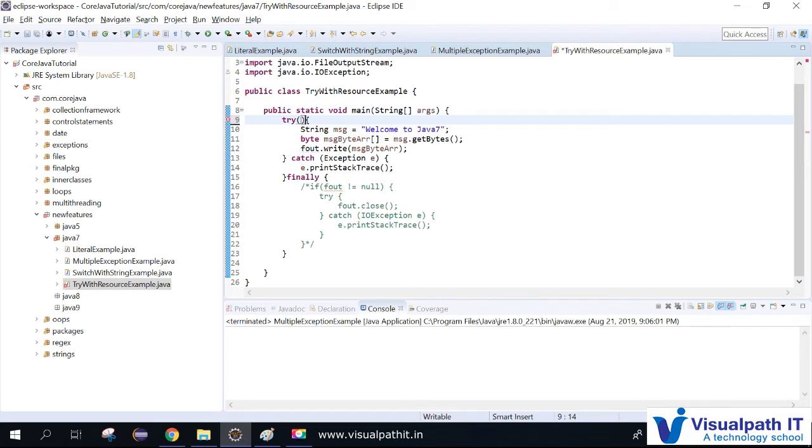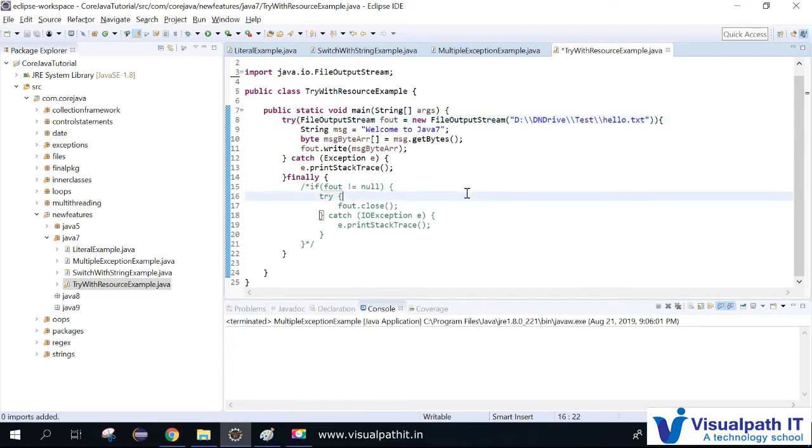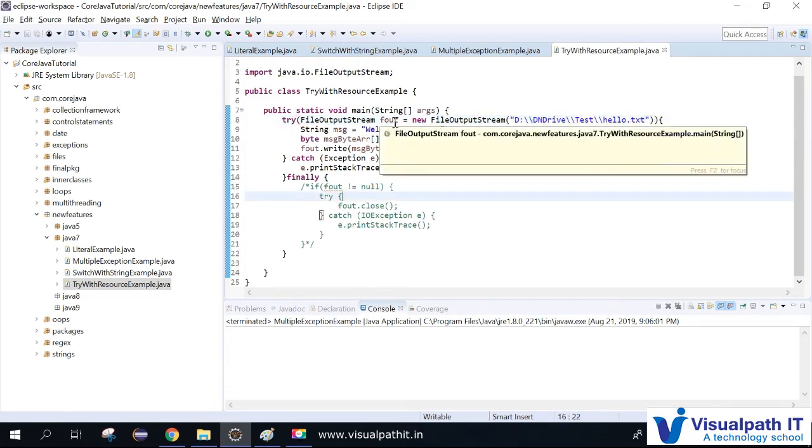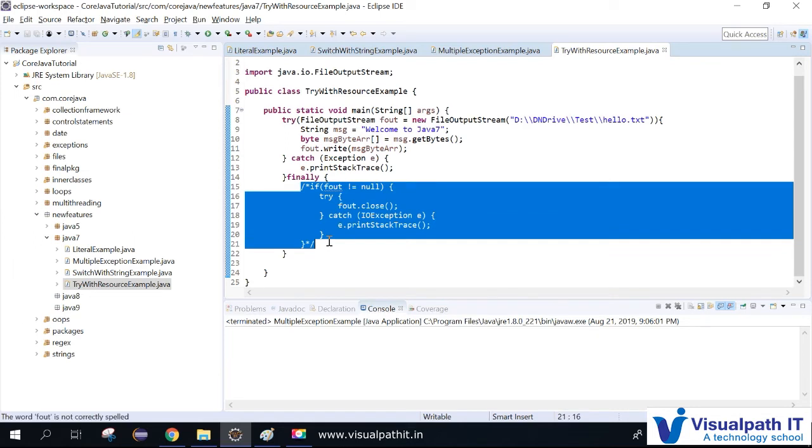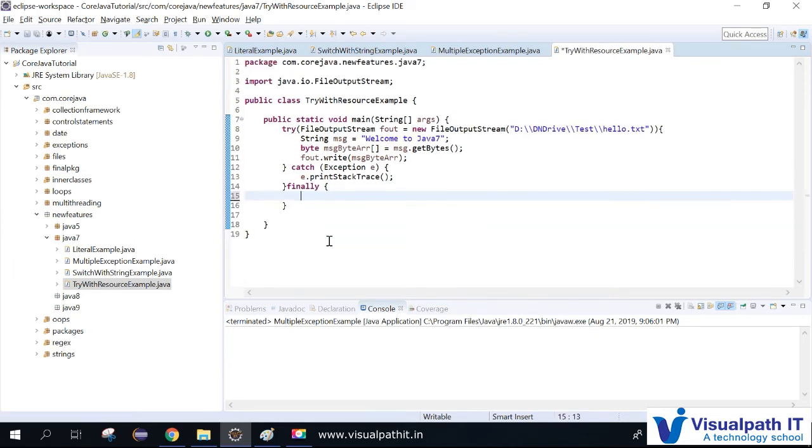The try block has parentheses where it takes the file output stream. See, within the try with resource, the try block itself is taking the file output stream. So we are not closing it, we can directly delete this code. We don't need to have this code, and the try block will automatically take care of closing the stream.